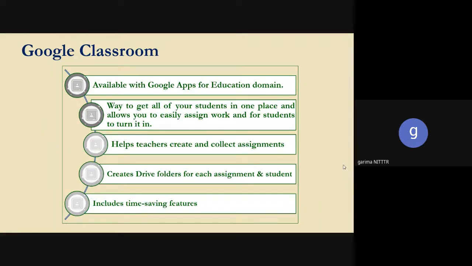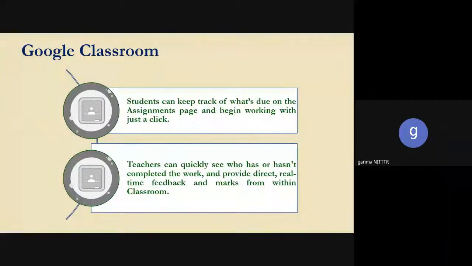So obviously it includes time-saving features, because nowadays when we are teaching online to our classes, we are looking at a very useful tool which is helping us to assess the work of our students in a very sorted manner.